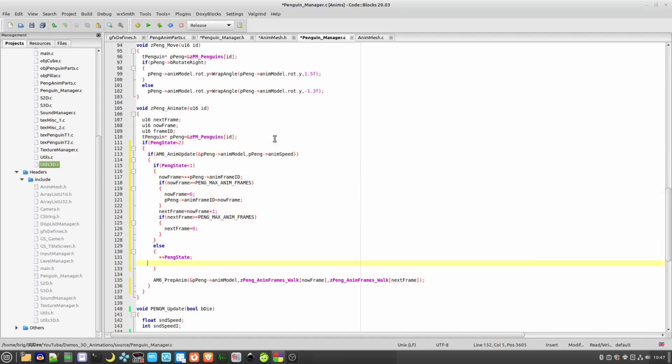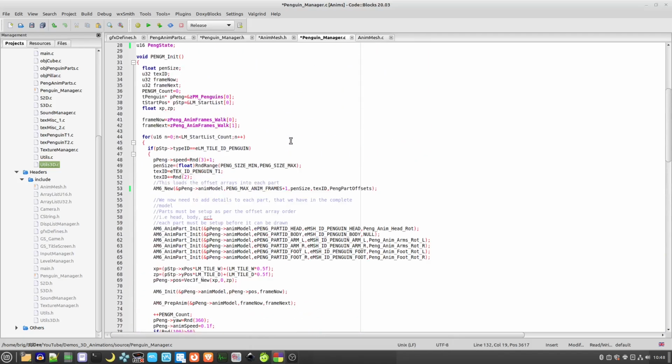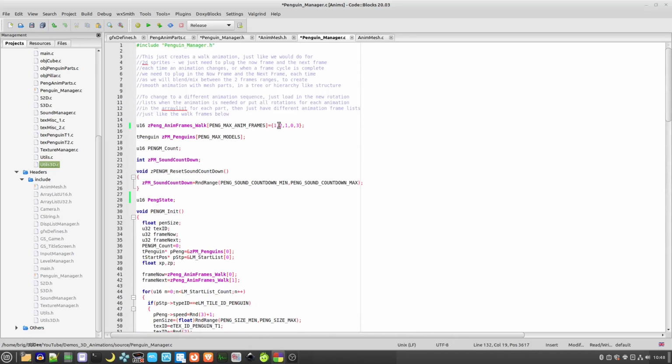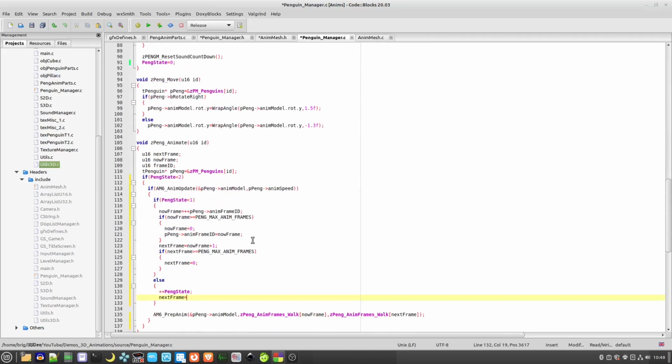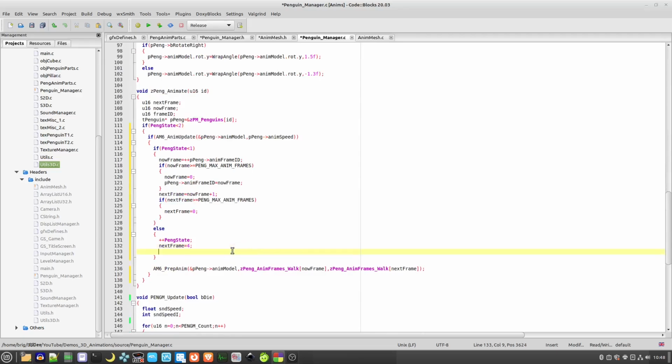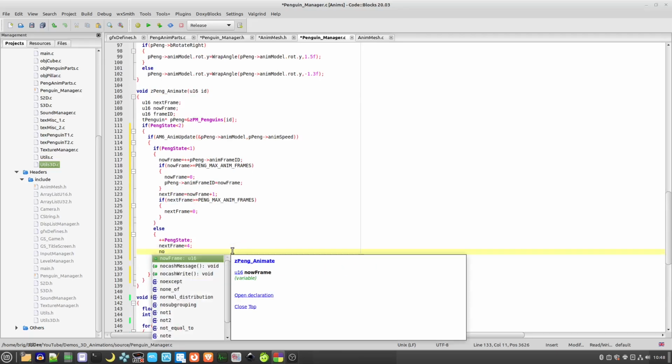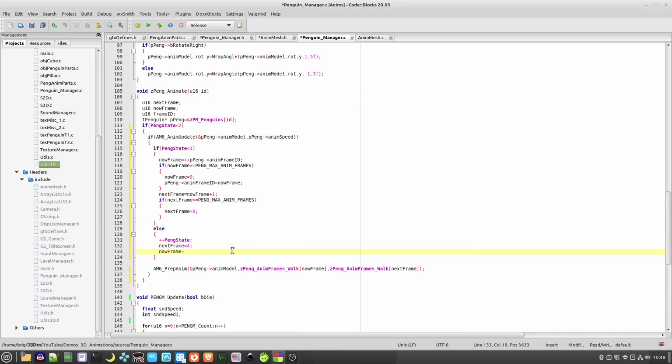No, we don't want to do that inside of here. So next frame will be 4, and then the now frame will be whatever the current penguin's next frame is,